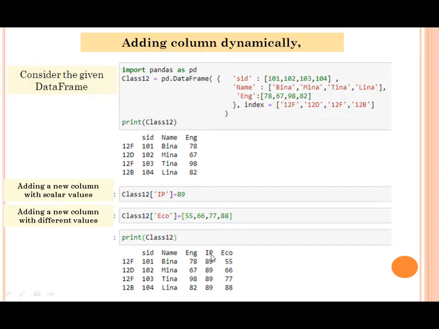See here, IP and eco are the two new columns where IP has the constant values, but eco has the different values which I gave in the list. Is it clear? So this is the updated data frame. The changes you made are directly saved in the data frame. Clear?